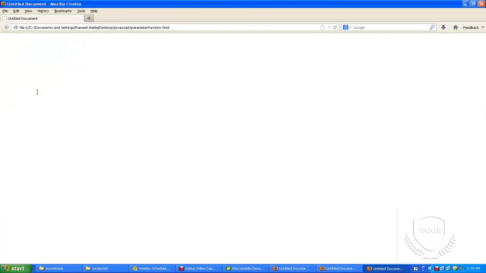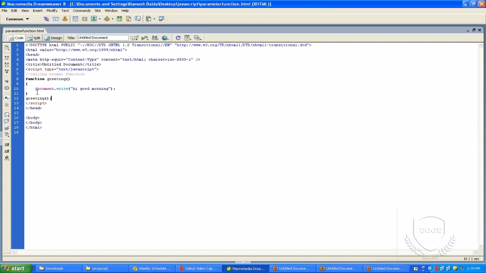If you see here, yes, this is normal. Otherwise we can also call this function in an event. In the previous session I told you that on clicking the button I'm calling the function, but right now I'm directly calling this function outside of the loop. This is how a normal function works.